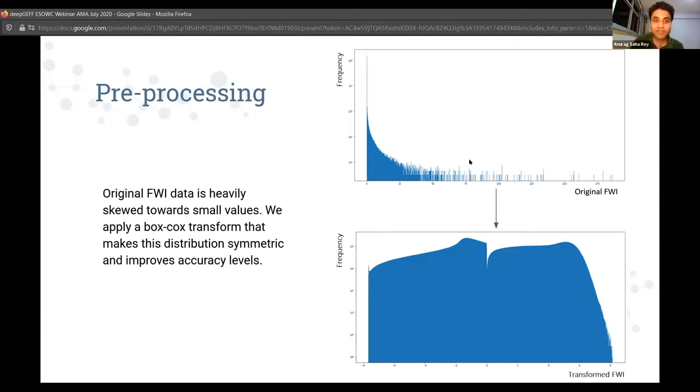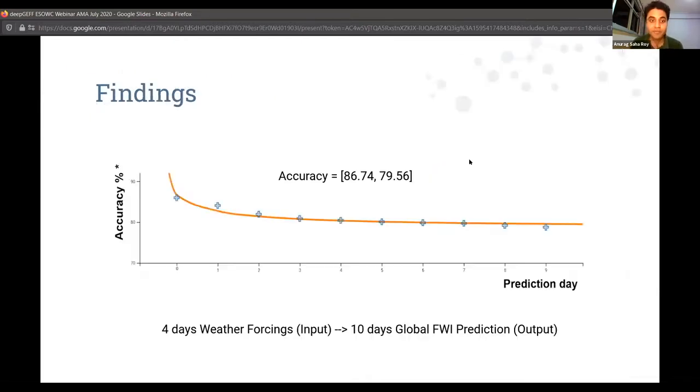So this is not something that would be a challenge typically, but it is a challenge because we would want to predict all ranges of FWI values. So we want our model to be equally good at predicting high dangerous fires as well as low dangerous fires, which is why we use, again, statistical techniques to transform the data and give us a more uniform distribution. And this has been a learning for us during the course of the work, and it has greatly improved our accuracy as well. Now, diving straight into results.